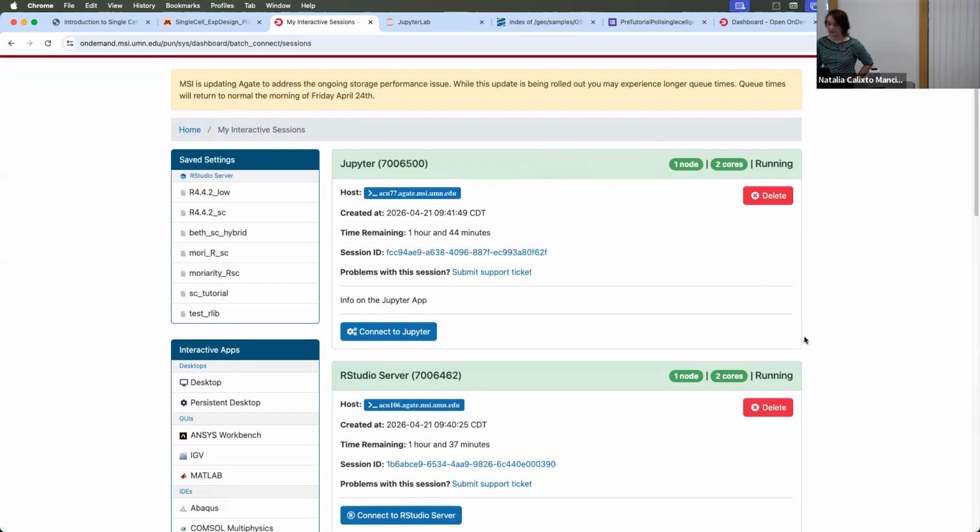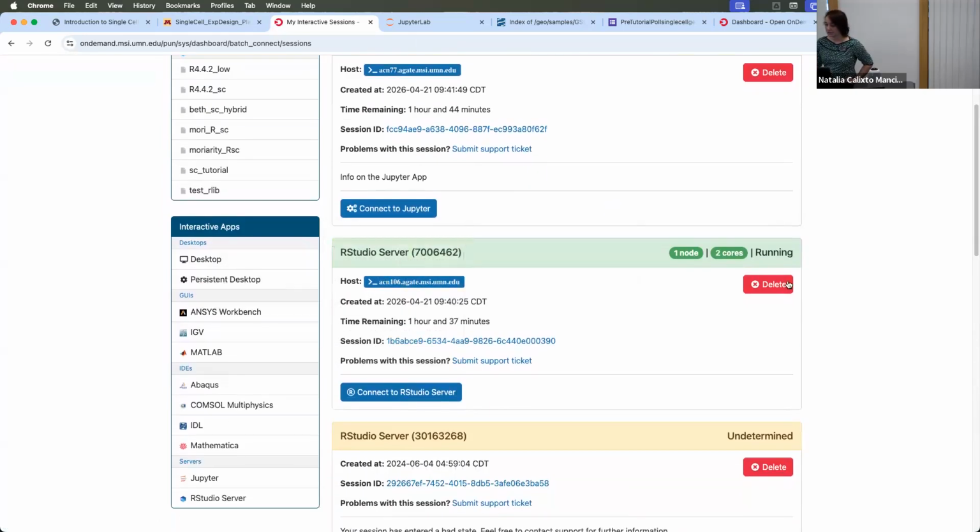Right, so you see that I have an RStudio session, which is running. Once you have that, you can just click and connect to RStudio. While this is loading, which I hope works, because the system was having some hiccups,